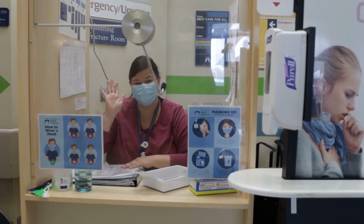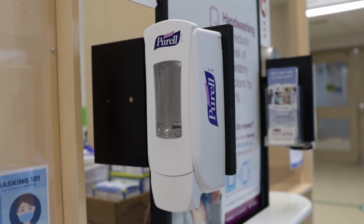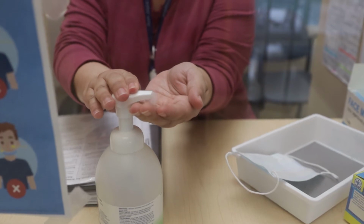This is your first stop when you get into the emergency department. The first thing that'll happen is you'll stop at a screening booth where they'll ask you a few questions about what types of symptoms you're having, specifically if you have symptoms like fever, a new cough, new shortness of breath, or you've traveled anywhere, and you'll also wash your hands and receive a mask before you proceed to check